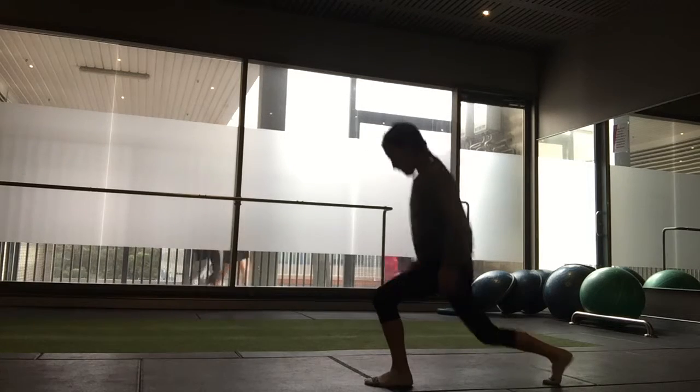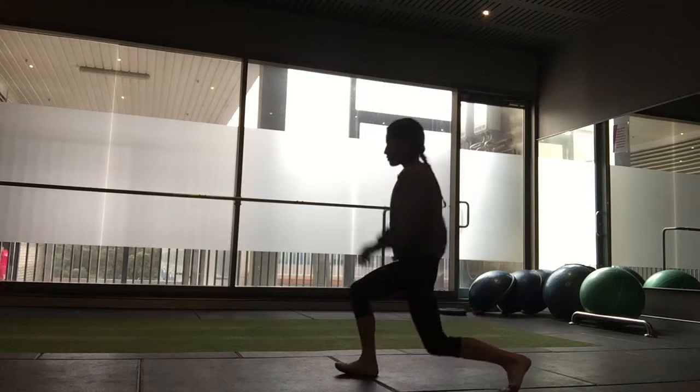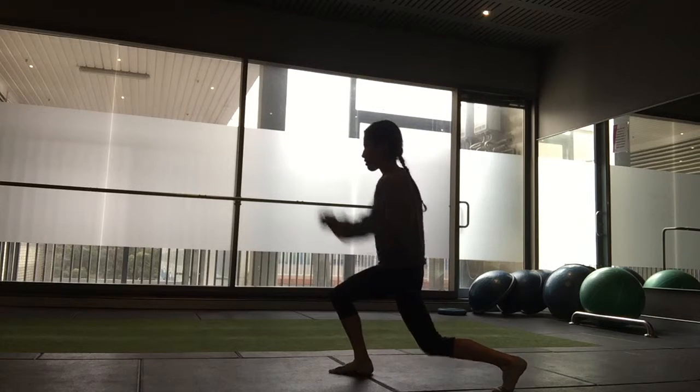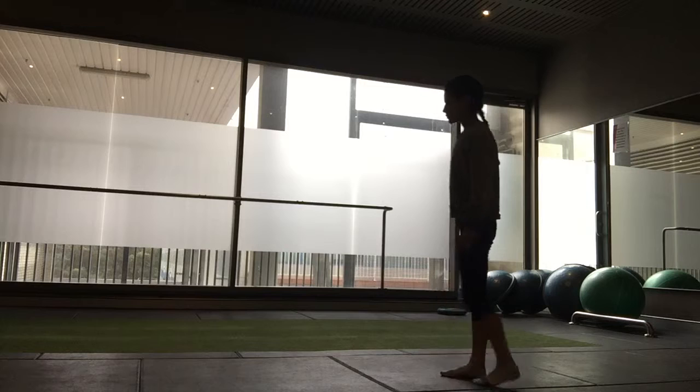So this is jumping lunges. So if you want a higher intense exercise, this is a great one to do. If you do this for 45 seconds, you're really going to feel it in the legs. If you have any knee issues, do not do this one. Do the static lunges,